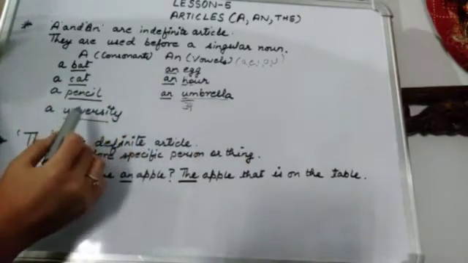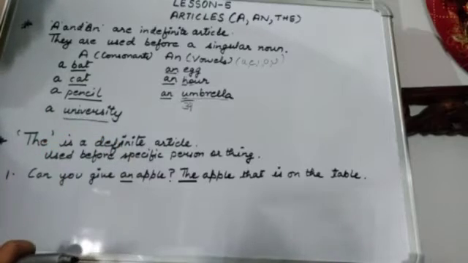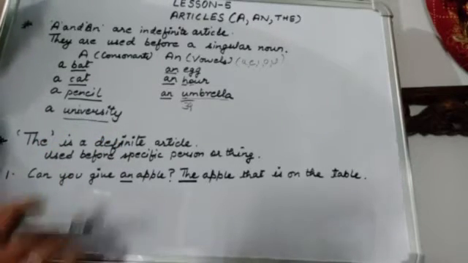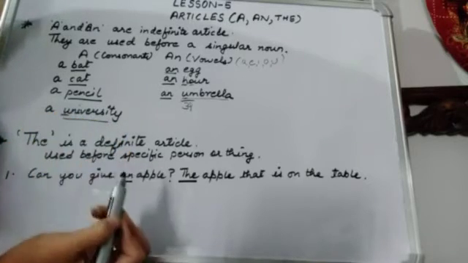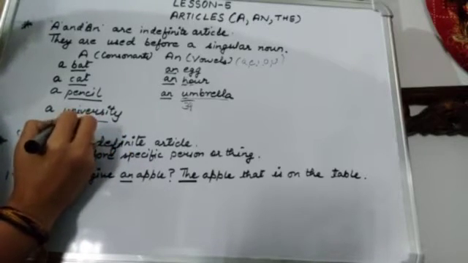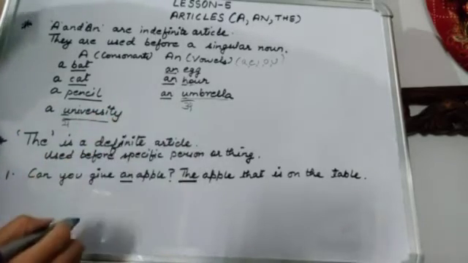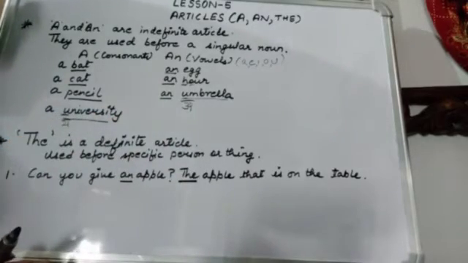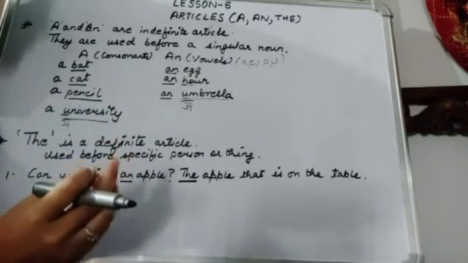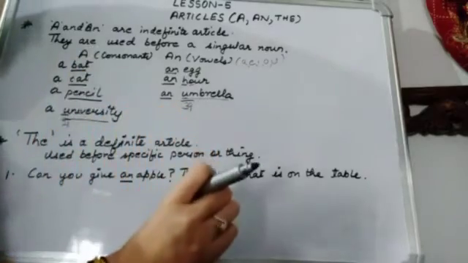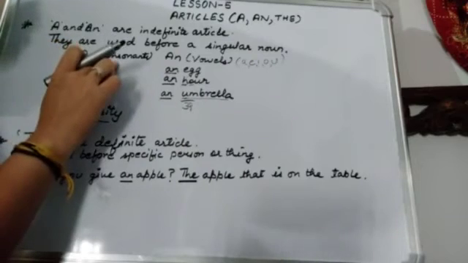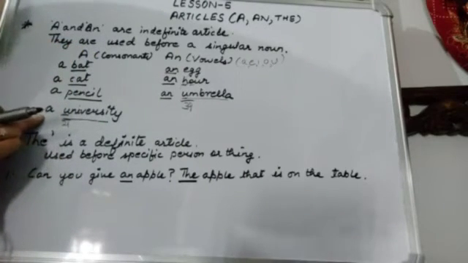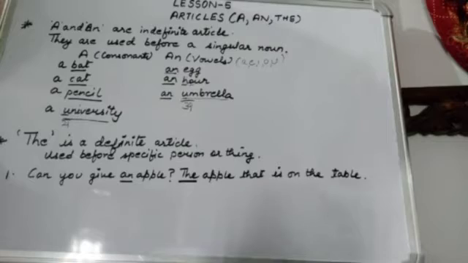But class, here how do you pronounce this word? Do we say it umversity? No. We say it university. Now this U over here is pronounced as Y, not as a vowel. Okay, here U is pronounced as Y. So what is Y actually? In phonetics, Y, as in yak. Okay, so Y is a consonant. This Y sound is a consonant. So before a consonant we will write a. Okay, I hope you have understood.